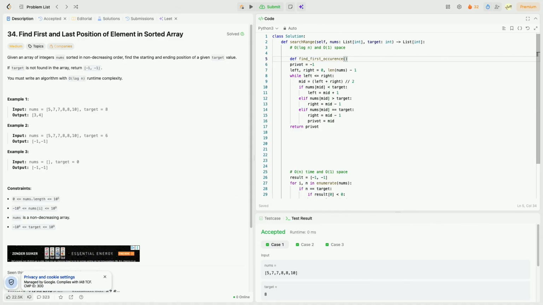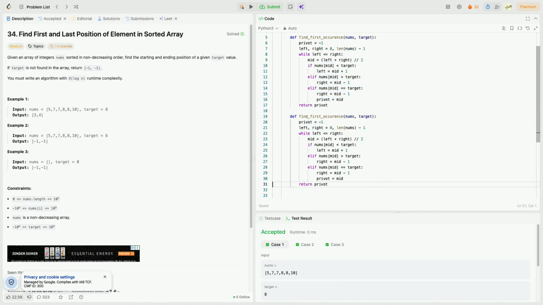So we have nums and target. That finds the first occurrence. Now, for the last occurrence, it's very similar, except when our mid value is equal to the target value, we want to continue searching right. So if we go here, now mid value is the same as our target value 8, means we want to continue to search here. So what we do is we adjust left to be mid plus 1, but we remember